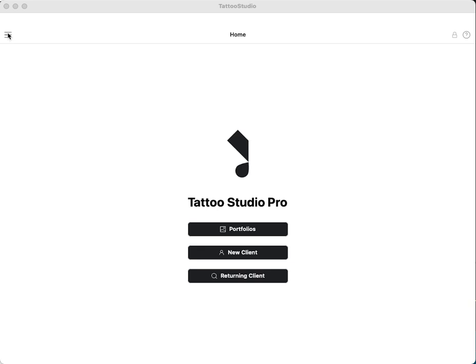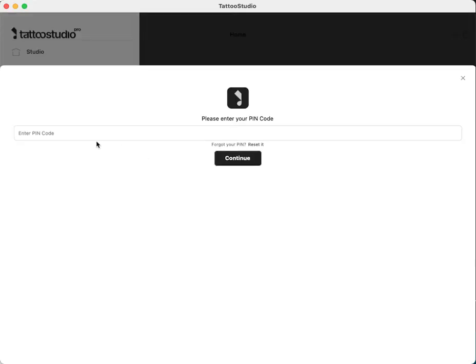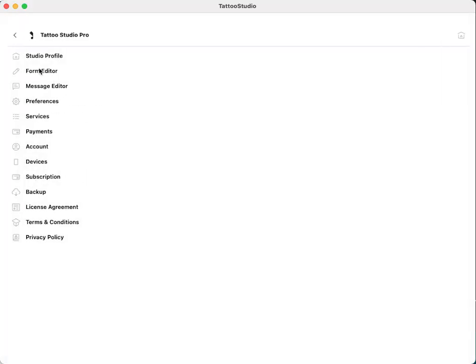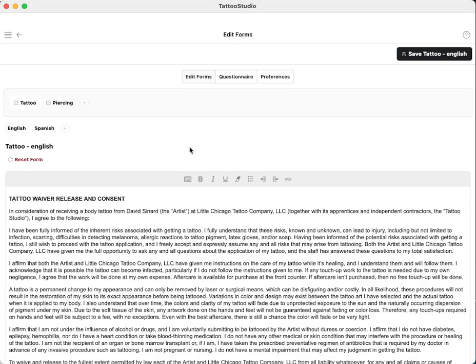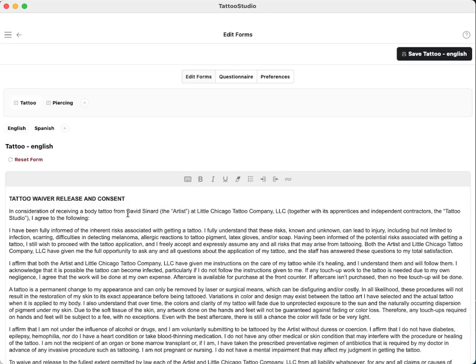In order to access the form settings, we will unlock the menu with an administrator code. Staff or artist roles won't have access to settings, but an administrator or shop manager account, or the account manager rather, will. So we go to settings and then form editor, and in the form editor you can completely customize your form